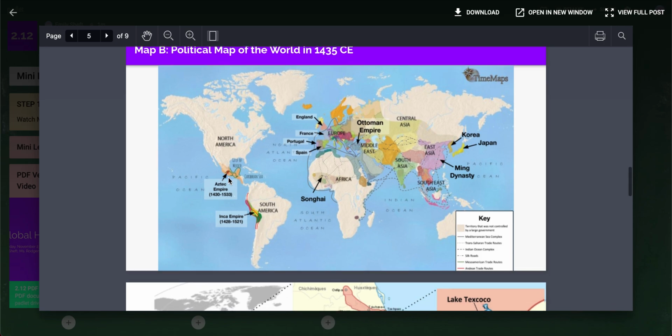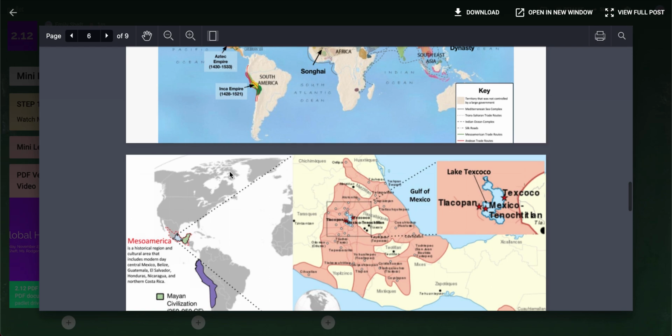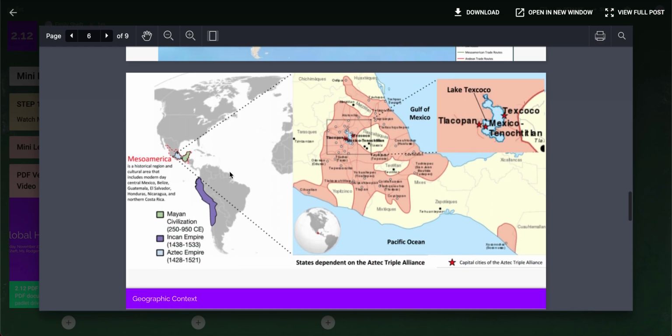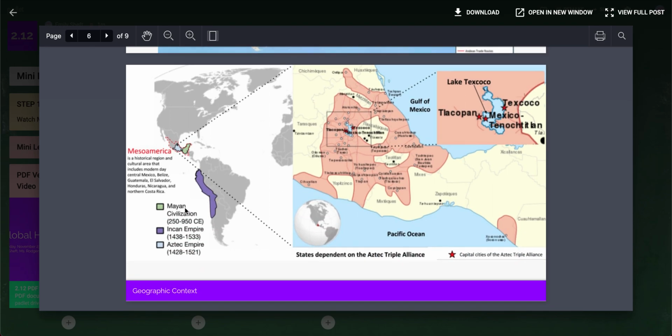And I'll mention this in a second, but we studied only the Mayan classical time period from 250 to 950 CE, but we did learn that they existed for longer than that and that they have a little bit of overlap with the Aztec. However, they weren't super connected with each other in that they were interacting with each other.